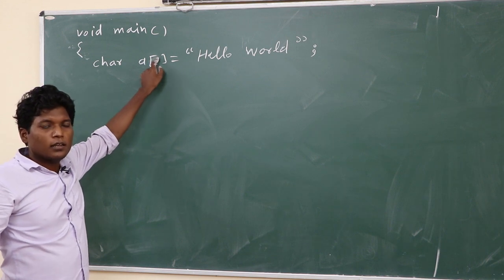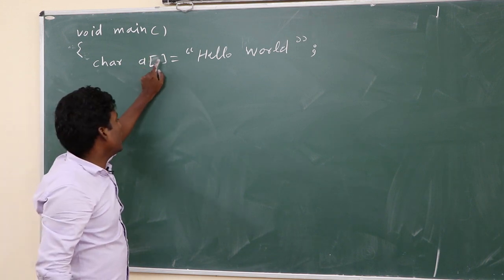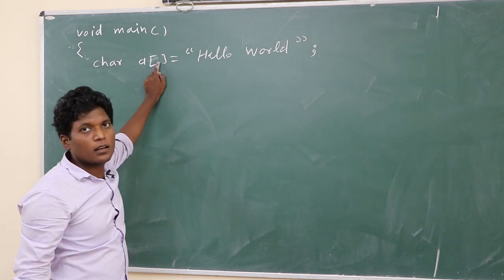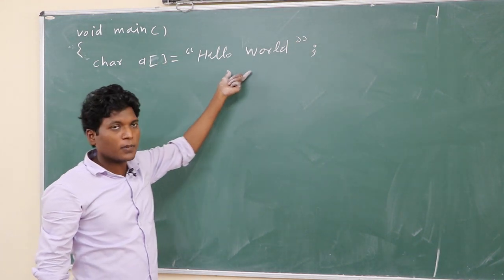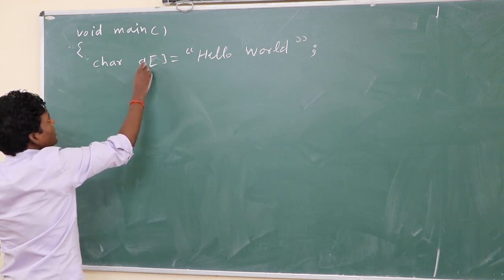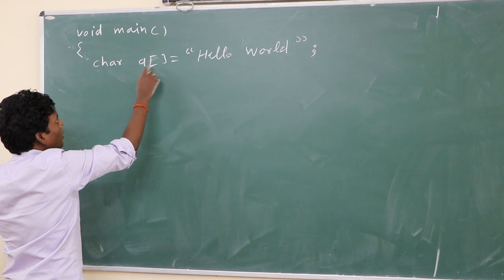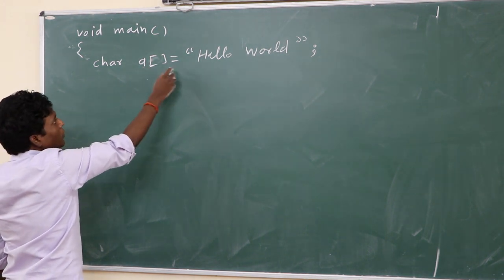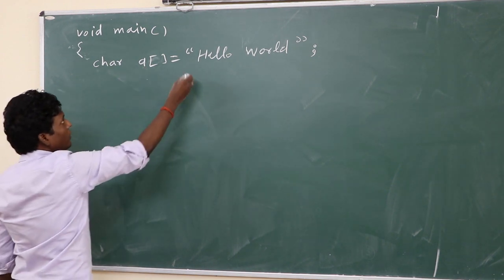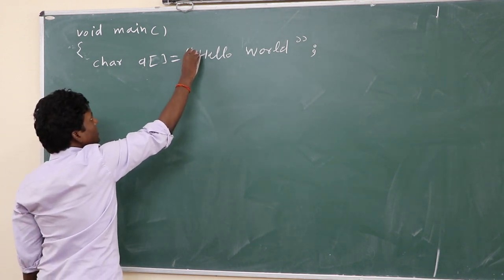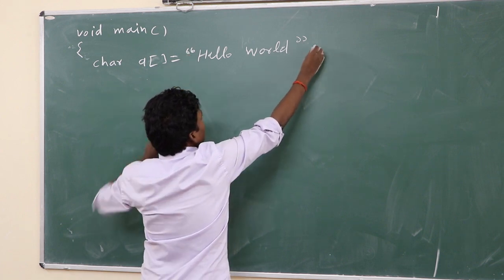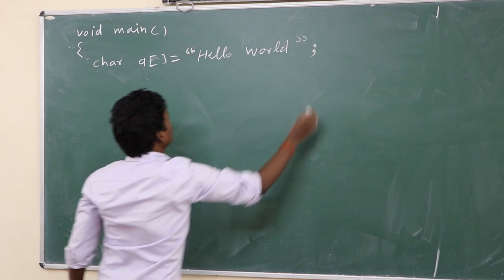You may write it, because in a 1D array, when you initialize, the array size becomes optional. So this is the string, a is a string because it is an array of characters. Okay, and this is the string constant assigned, hello world, written within string quotes, and in the last a semicolon. Okay,